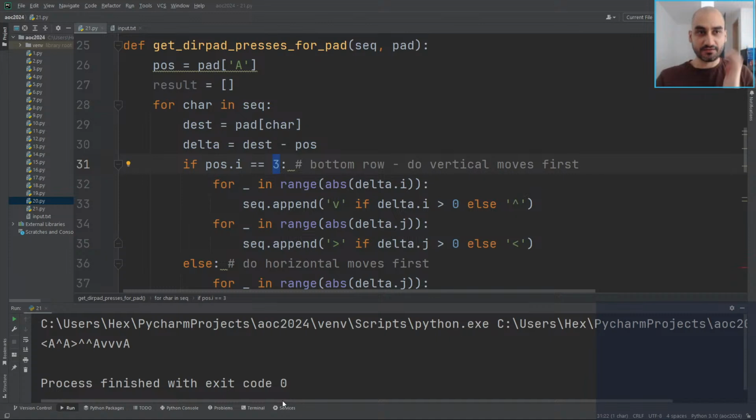How about we say if the row we're on contains a gap, then we go vertical first and then horizontal. That would work. The row we're on contains a gap. So we need to say